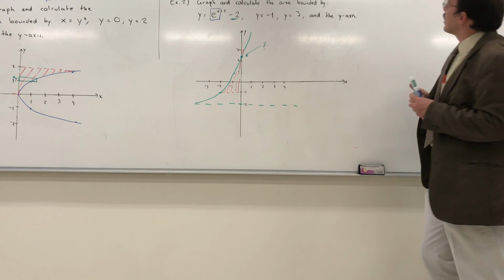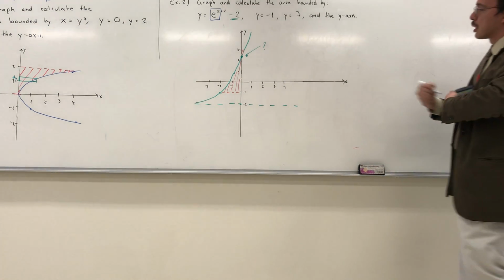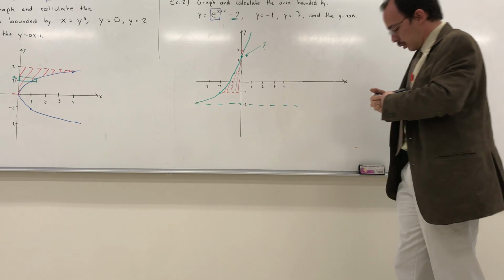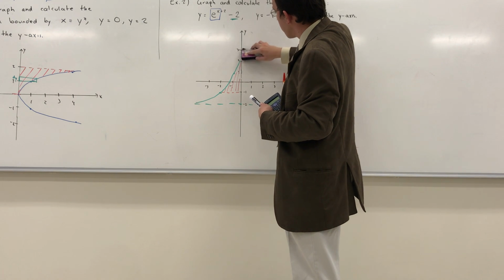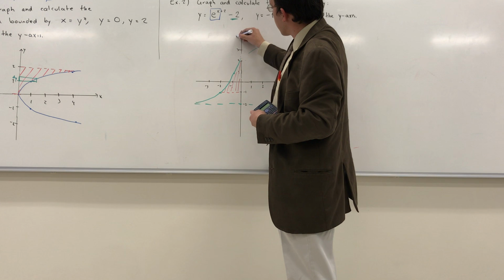So y is equal to e squared minus 2, which is 5.4 approximately. So no. Actually, this one is going to be all the way up. 4